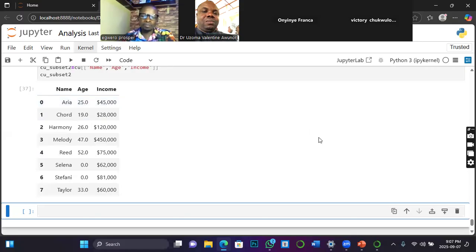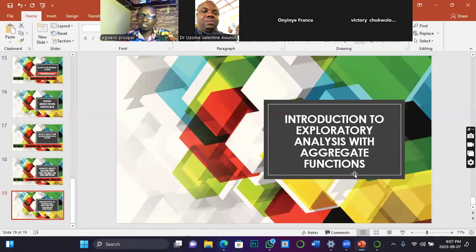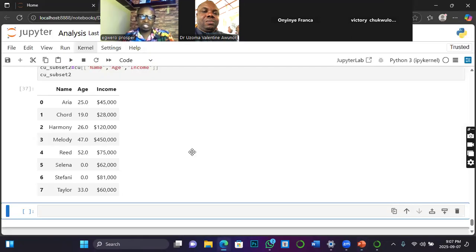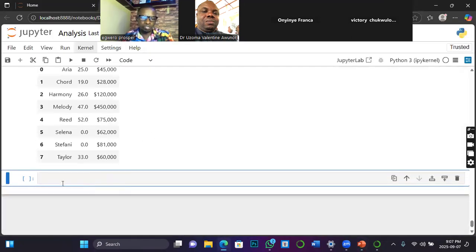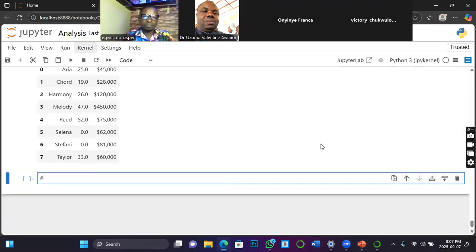Okay, so now I am starting with the first type of analysis, which is analysis with aggregate functions. So let me reframe it as aggregate analysis in Python. So let's quickly look at some of them. Aggregate analysis in Python. So I will not be able to finish them because of time. So I will continue from where I stopped next week, Sunday. So introduction